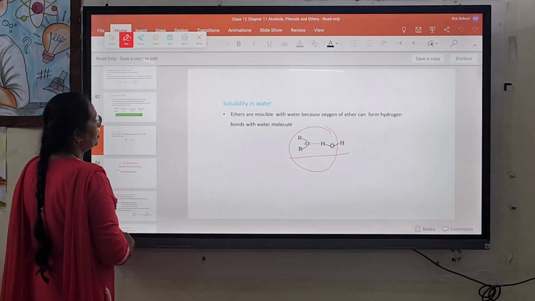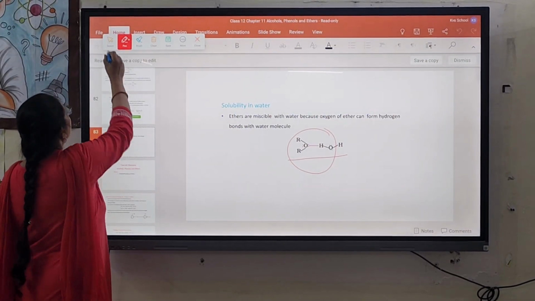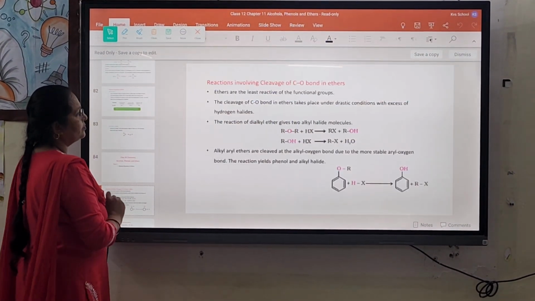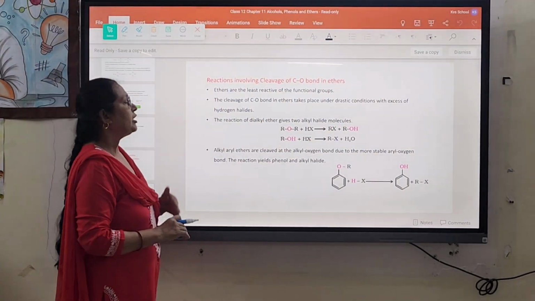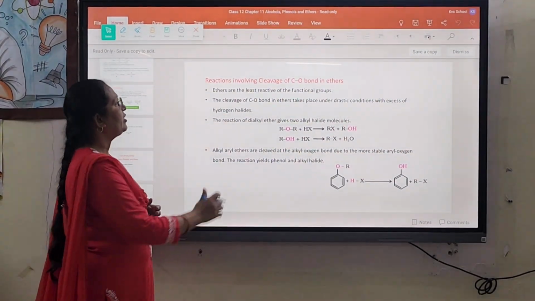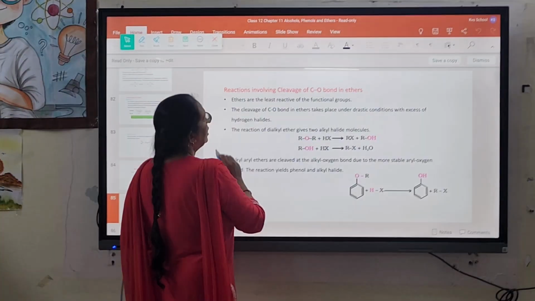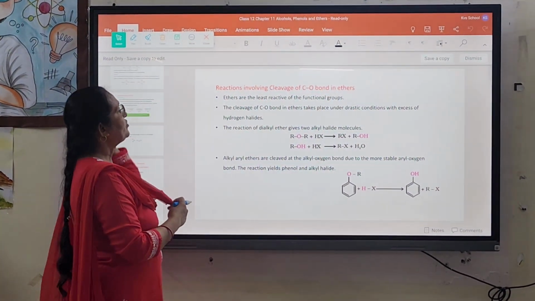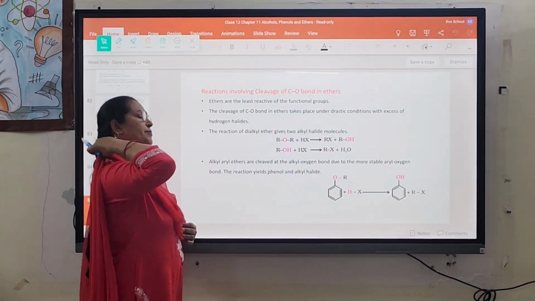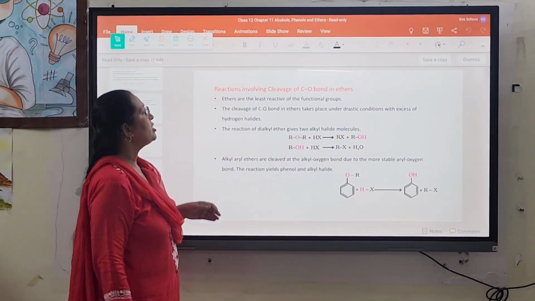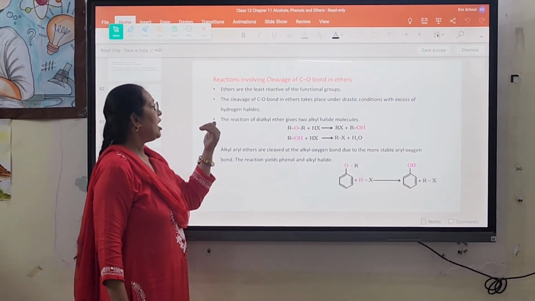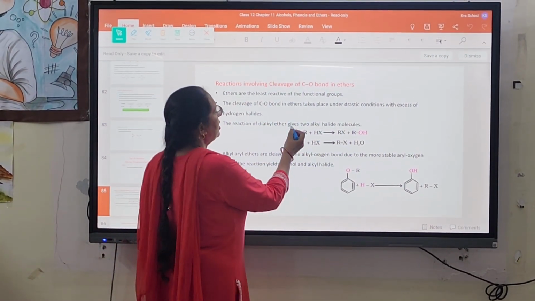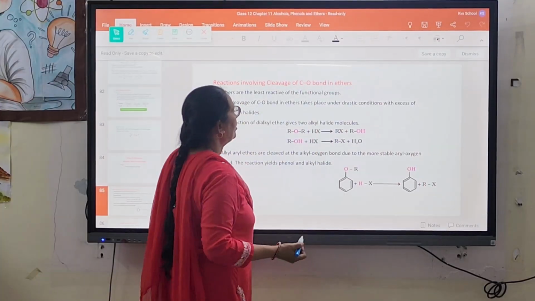Now the chemical reactions of the ethers. Chemical reactions of the ethers involve the cleavage of the C-O bond. Ethers are the least reactive of the functional groups. Cleavage of the C-O bond in ethers takes place under drastic conditions with an excess of hydrogen halides. The reaction of dialkyl ethers gives two alkyl halide molecules